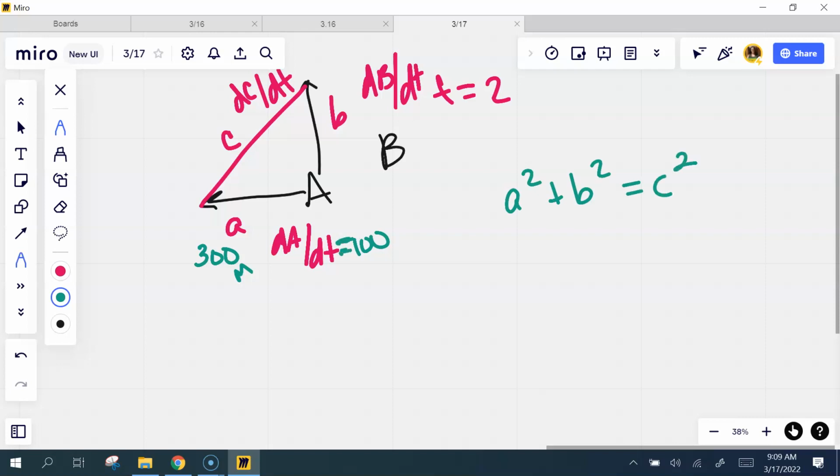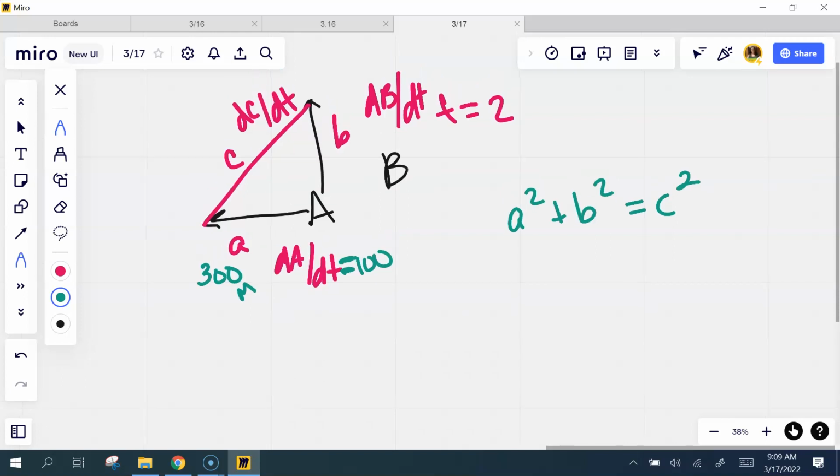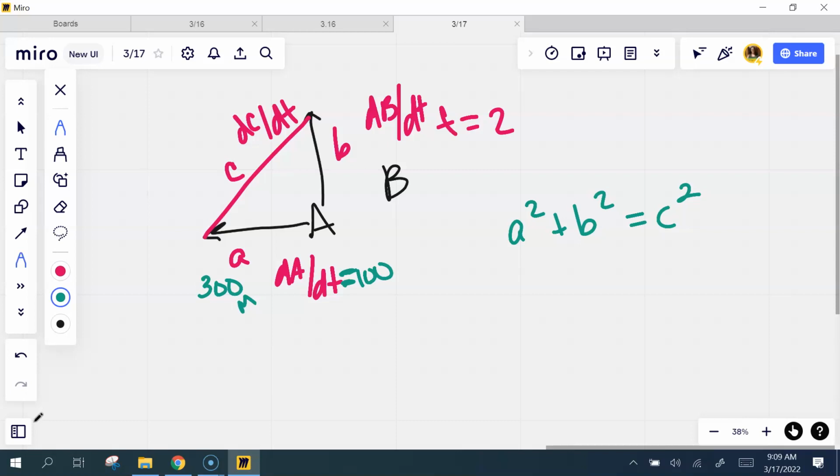No, it equals 100, yeah. Right? I'm going to do a little implicit differentiation here. Well, before I do that, do I know B's distance at 2? It says at time 2, the train is 400 meters north of the station. Into the velocity, that's right. So VB of 2,